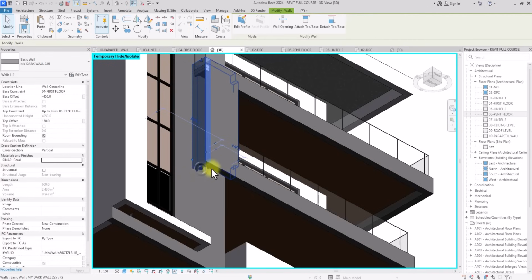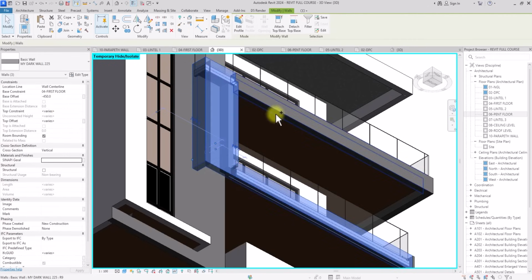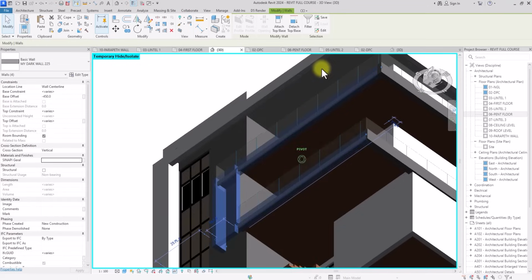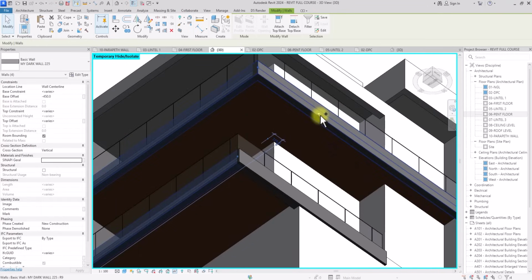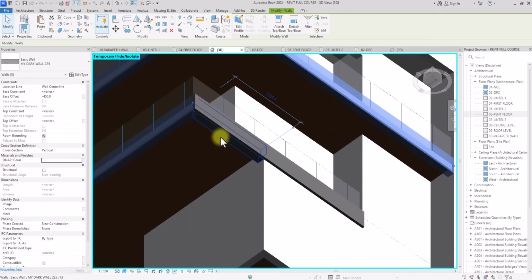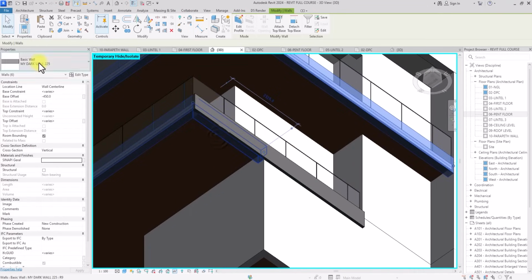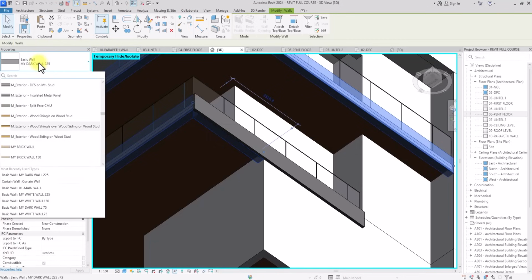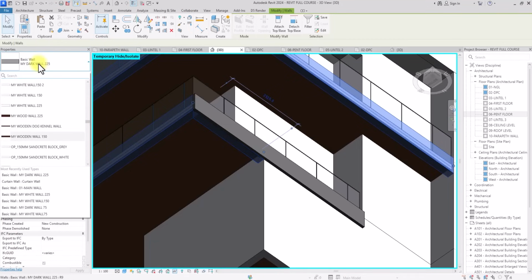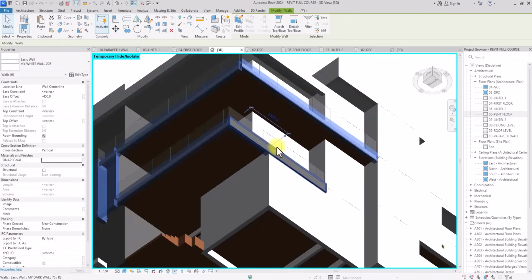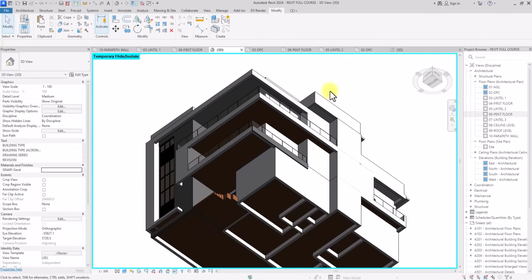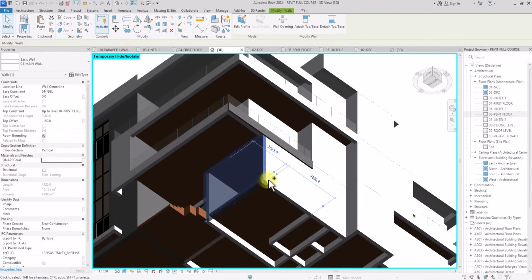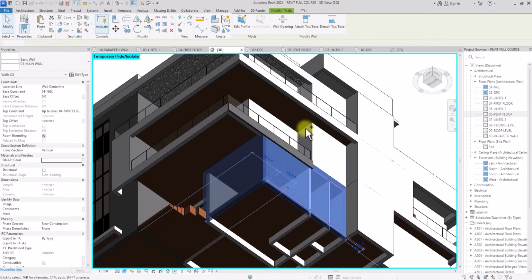So I'm going to select this, select this, select this, select this as well. I'm also going to select this wall here. I'm also going to select this wall here. And I'm going to change all of them back to white walls. And I'm going to be changing this one here that is under this as well,